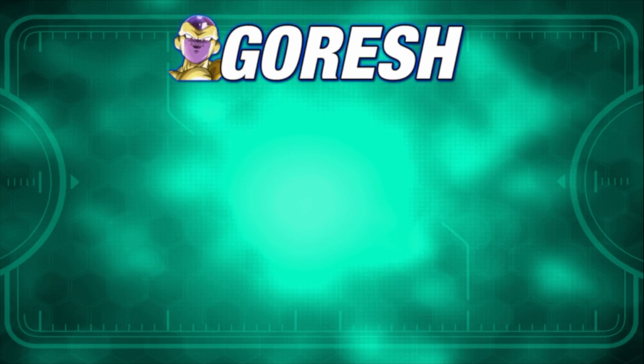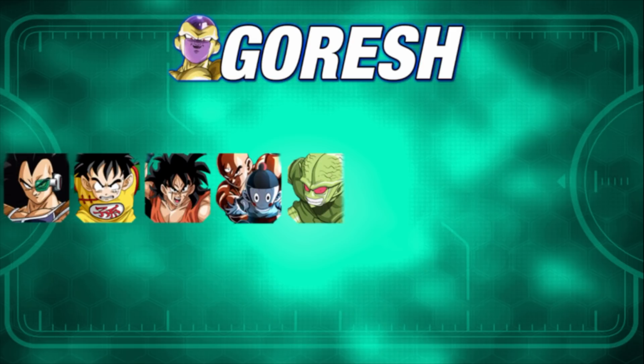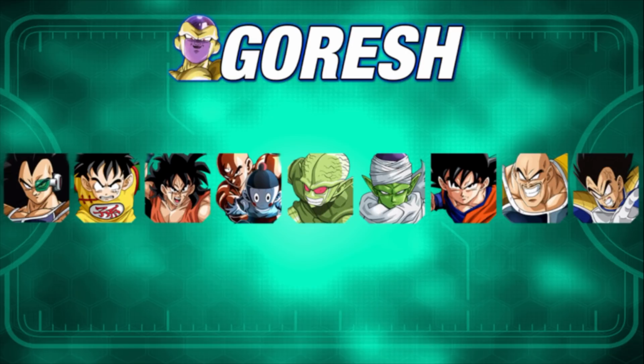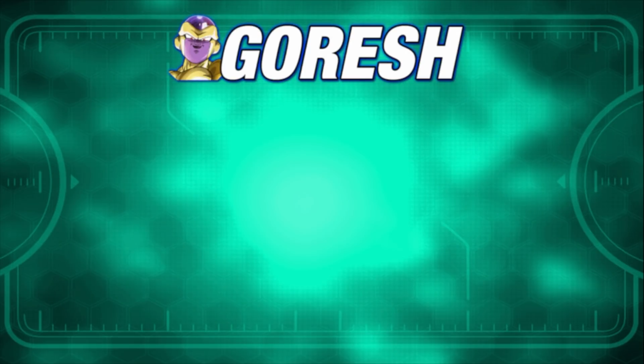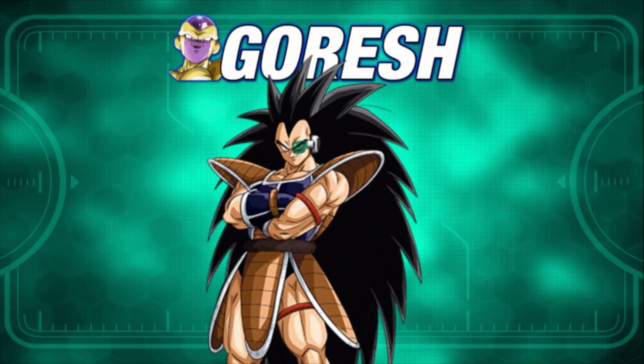And then for the Infinite Dragon Ball History stage, this is what I was saying about the full saga, going right from the beginning. So we have Raditz, then Kid Gohan, Yamcha, Tien and Chaozu, Cyberman, Piccolo, Goku, Nappa, and then finally Vegeta as the final boss. And then finally, for the Part 2 LR, we have an LR Raditz, which I definitely think